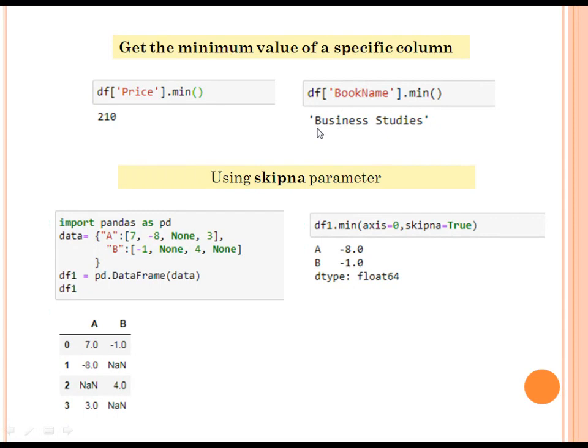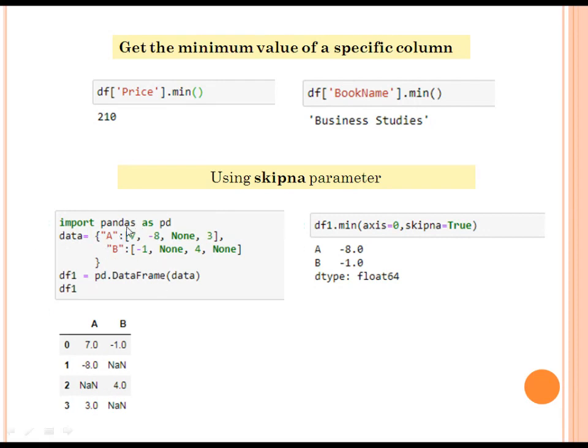And df['book name'].min(), then again it will give the value according to the ASCII codes. Clear? Then using the skipna parameter will skip all the NaN values. So I have to take another data frame, because in that data frame there is no NaN value.